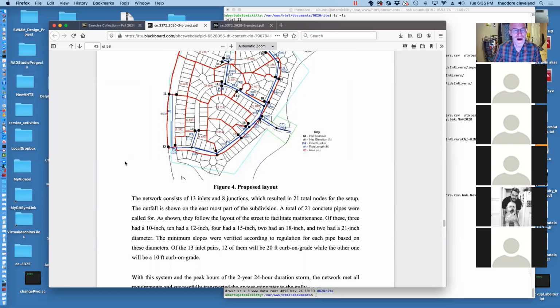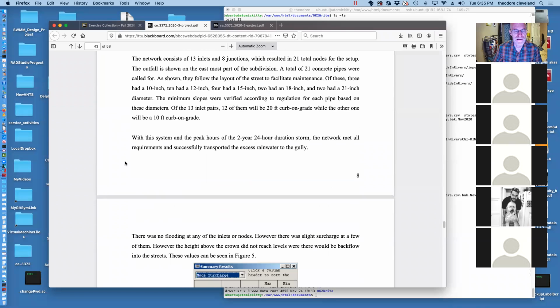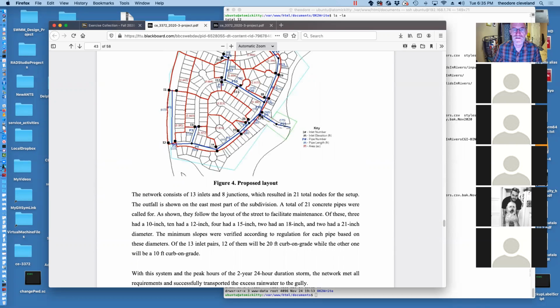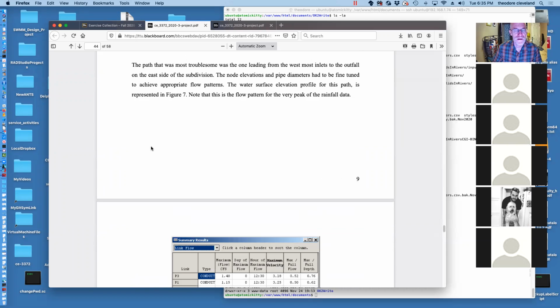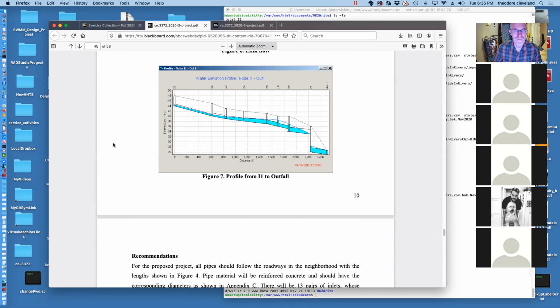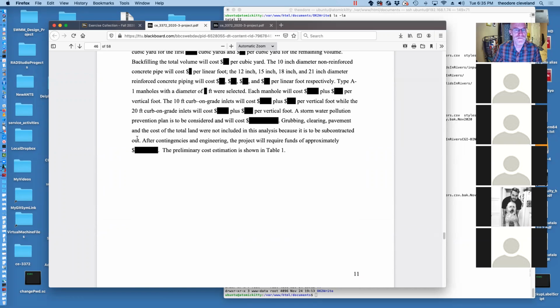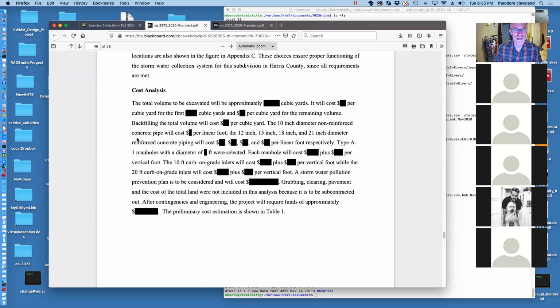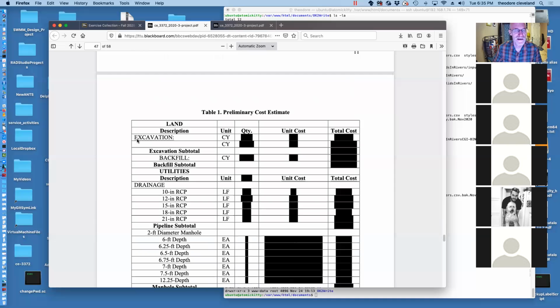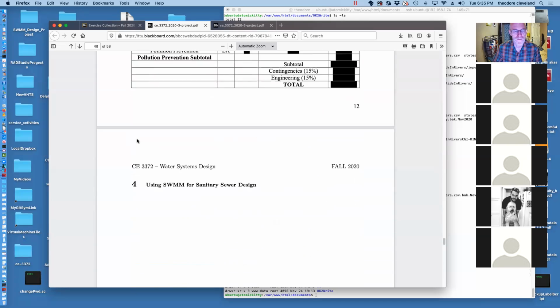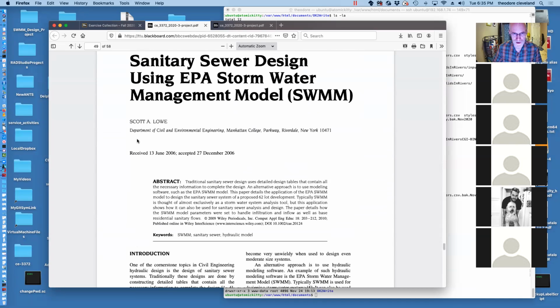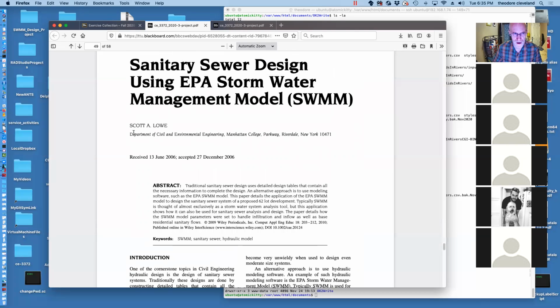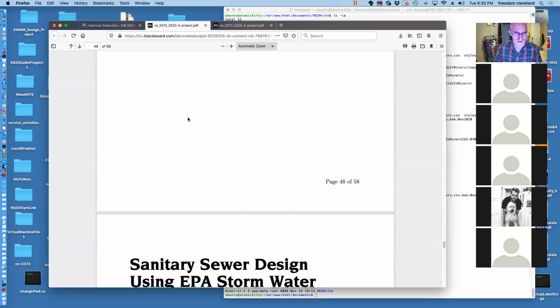And then some assorted layouts of their case in a storm drain, and they're draining to this portion right here, and there's a stream there. What nodes were surcharged, and a profile plot, and finally a cost analysis. I'm actually not sure why the costs are redacted. A table. And then the last part would be for sanitary design, which is not part of this semester, but that's just left there in the